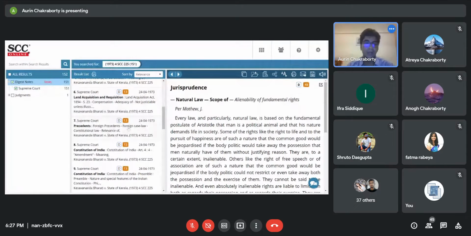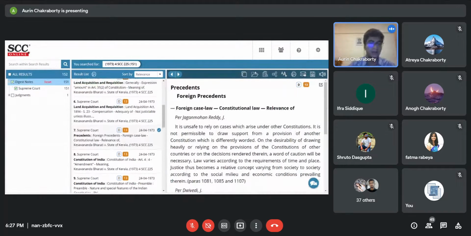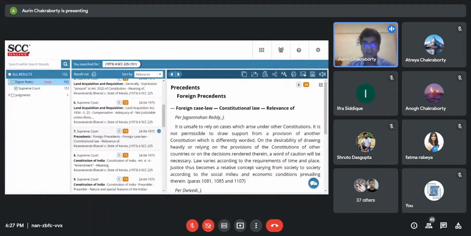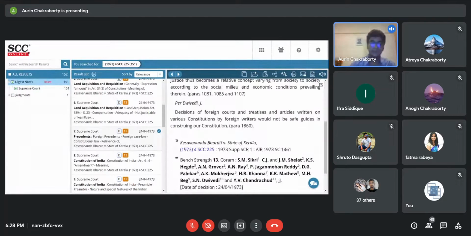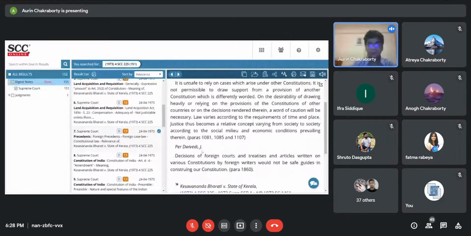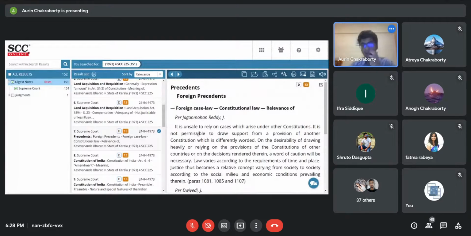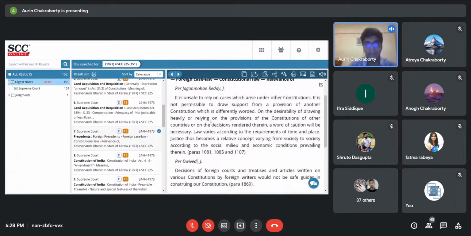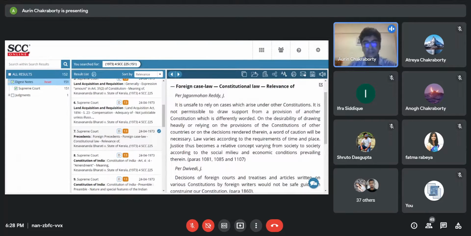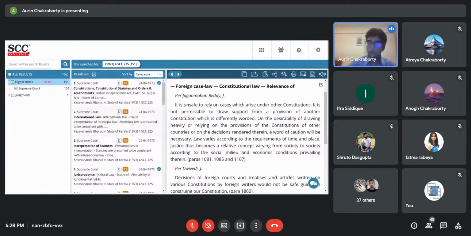So for example, if you're looking at the judgment for relying upon precedence, the aspect of precedence, again, this particular digest note will just help you, right? You can look up all the judges who have, for example, Justice Reddy and Justice Dwivedi, who have given their opinion on the aspect. Now, a brief note of it has been prepared for our convenience. Of course, for greater reference, the para numbers have been mentioned, so we can always open up the judgment, copy the para number and then use it to our effect.